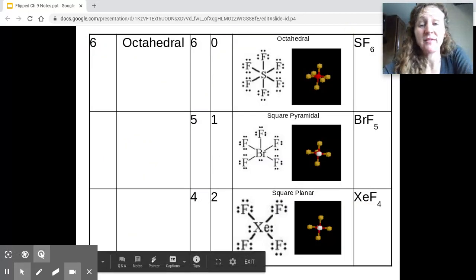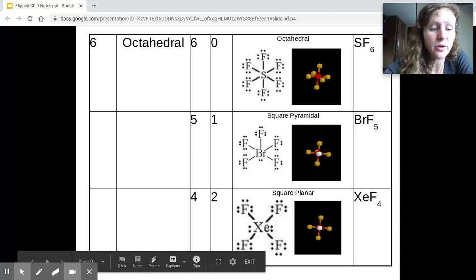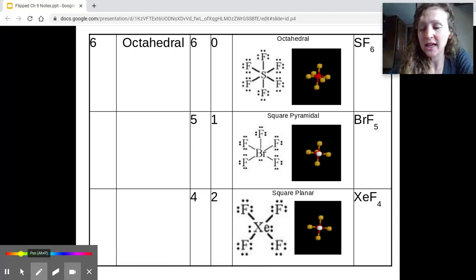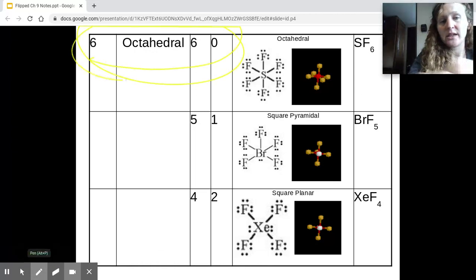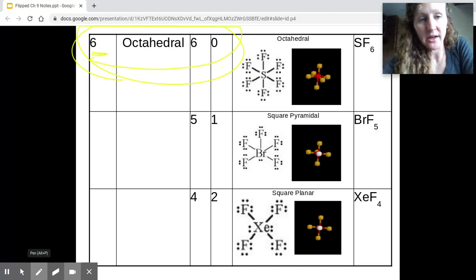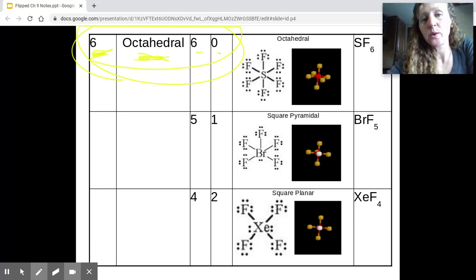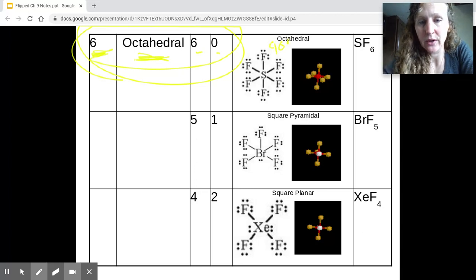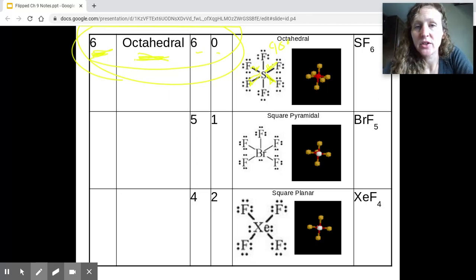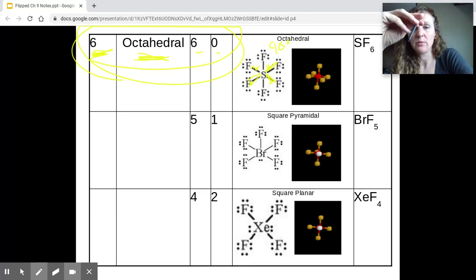So they have access to the d orbitals, which is why they can have an expanded octet. All right. And lastly, we have the octahedral. You are held accountable for the octahedral arrangement. But again, just like with the trigonal bipyramidal, you only really have to know this top one. So 6 bonding pairs, we call it, or 6 electron regions, we call it an octahedral. If all 6 are bonding with no non-bonding, you're going to get 90-degree angles throughout, right? These are going to be the 4 that are in the plane all around it, 2 coming forward, 2 going back. They all have 90 degrees around it, and then they're also 90 degrees to the one going up